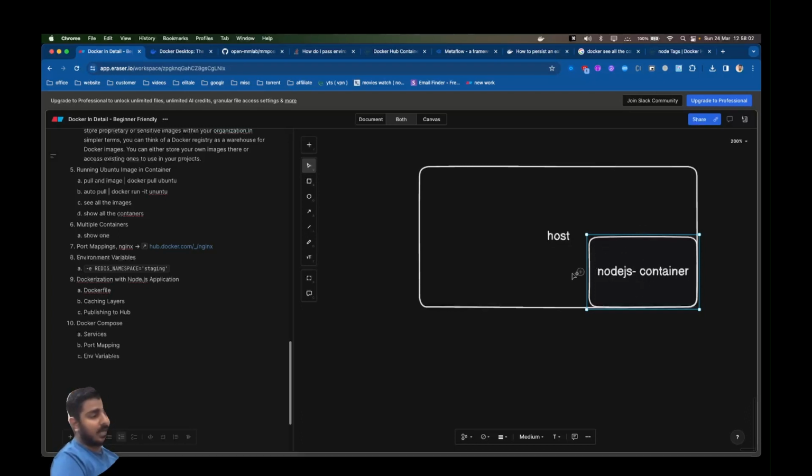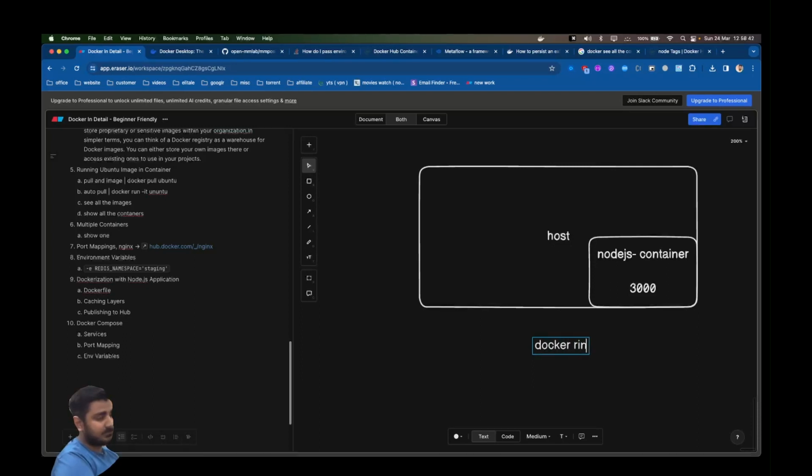What am I going to do? I'm going to do something called port mapping, meaning that I know the internal container port is 3000 and I want to interact here. So I'm going to run a command while running the container. I'm going to run this command: docker run